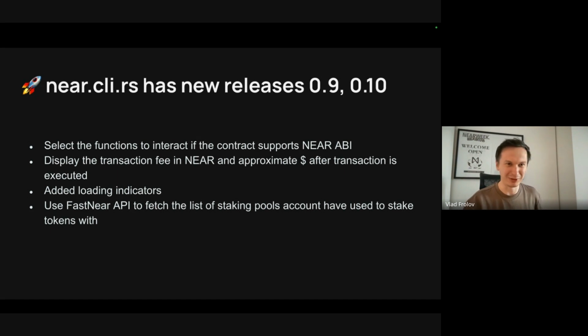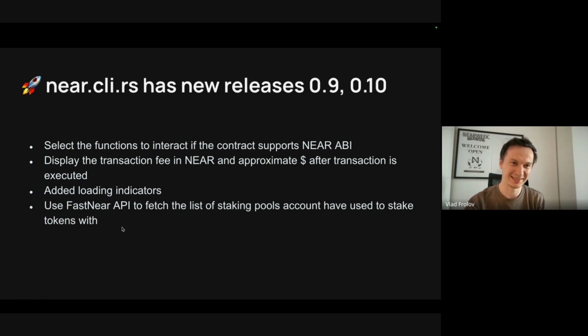By the way, I will show a bit of a demo after I get through the whole list. You will also see a transaction fee and the approximate USD amount of the transaction that you just executed. And there are nice loading indicators now, so while you're waiting, you can enjoy some of the progress and understand what's going on.